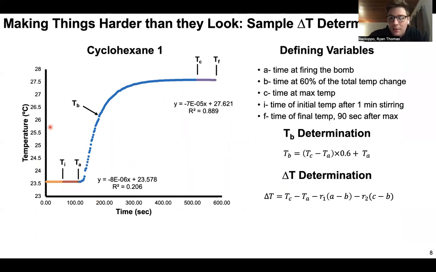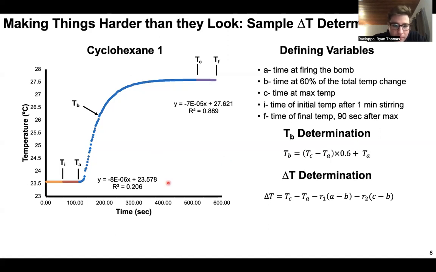And there's some variables here. So we have the initial time, TI, which is given by 60 seconds, which gives the bomb and the calorimeter enough time to equilibrate. The water, TA, is the ignition of the bomb, TC is the maximum temperature, and TF is the final temperature, which is about 90 seconds after max. TB is defined as the time at 60% of the total temperature change, which we're calculating here by taking the difference between the max and the initial temperature, multiplying by 60% or 0.6, and then adding it back onto that initial